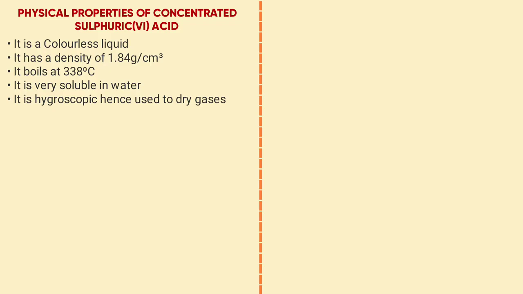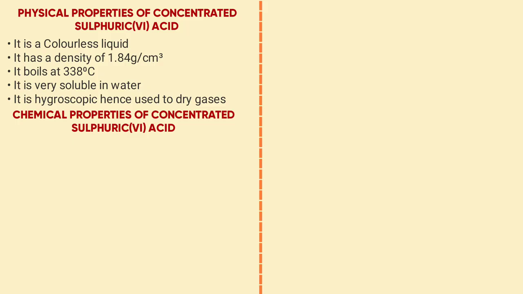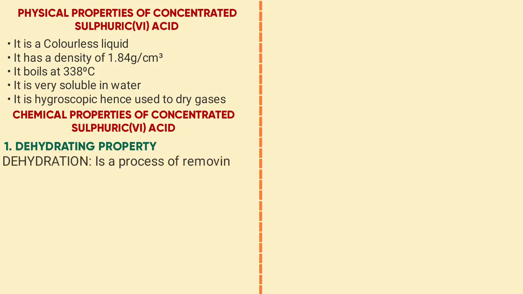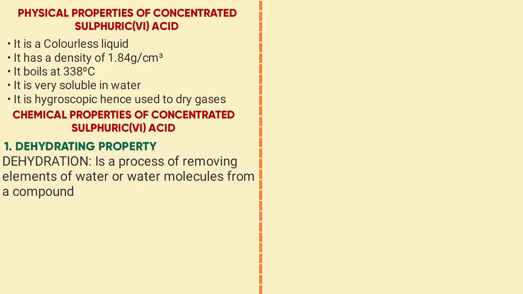Now, chemical properties of concentrated sulfuric acid include: 1. Dehydrating property. Definition of terms: dehydration. Dehydration is a process of removing water molecules or elements of water from a compound. A dehydrating agent is a substance which is capable of removing chemically combined water or elements of water from a compound. So examples where sulfuric acid acts as a dehydrating agent include: